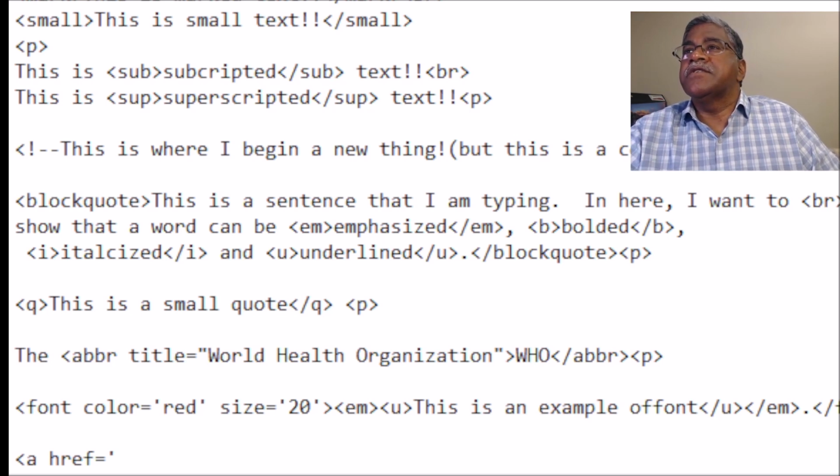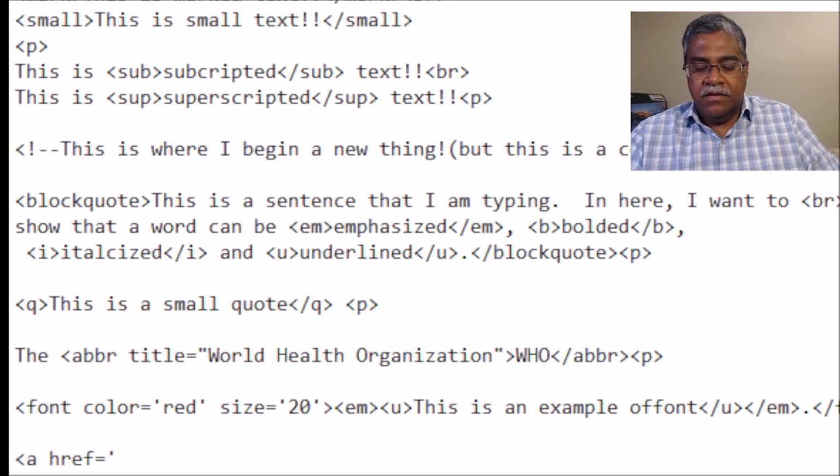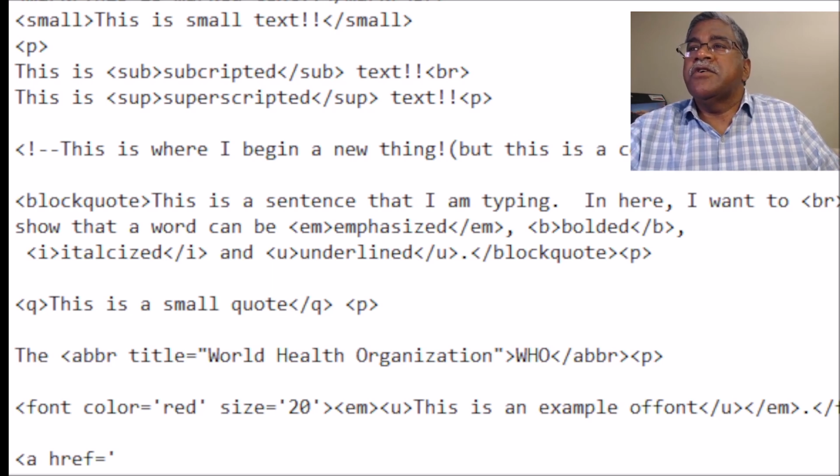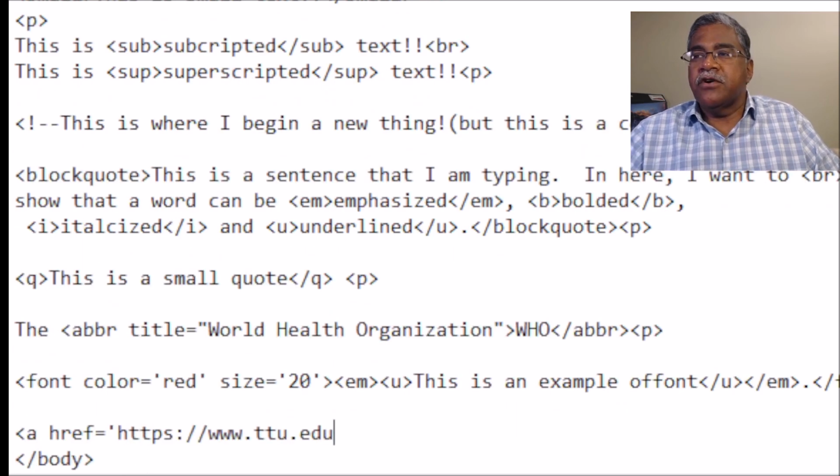Texas Tech University. Okay, it's ttu.edu, www.ttu.edu. So I'm just going to cut and paste this site, and we can go to our notepad, and I'm going to say href ttu.edu. I'm going to close the quotes, and